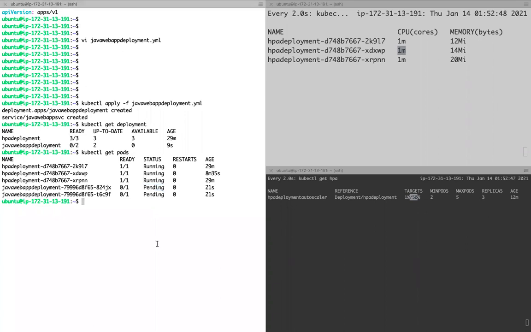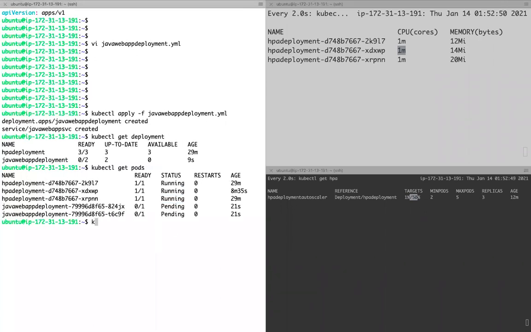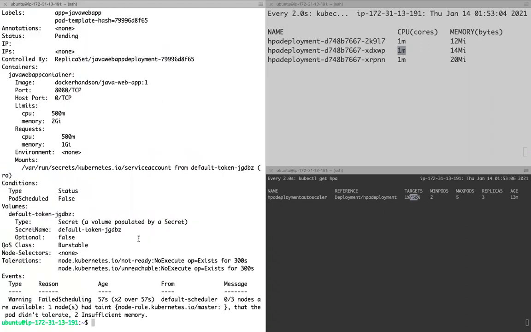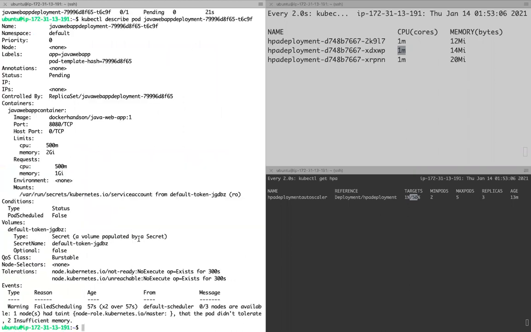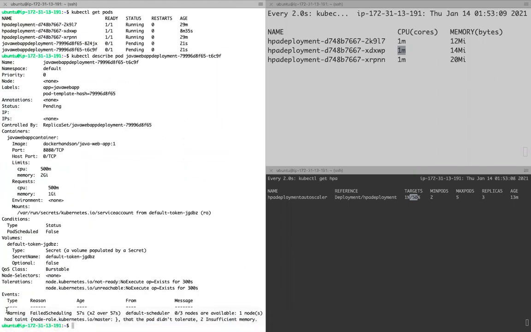Why is it pending? How can I debug or troubleshoot? What is the reason? Let me describe the pod. Why is it pending? Here you see the reason.